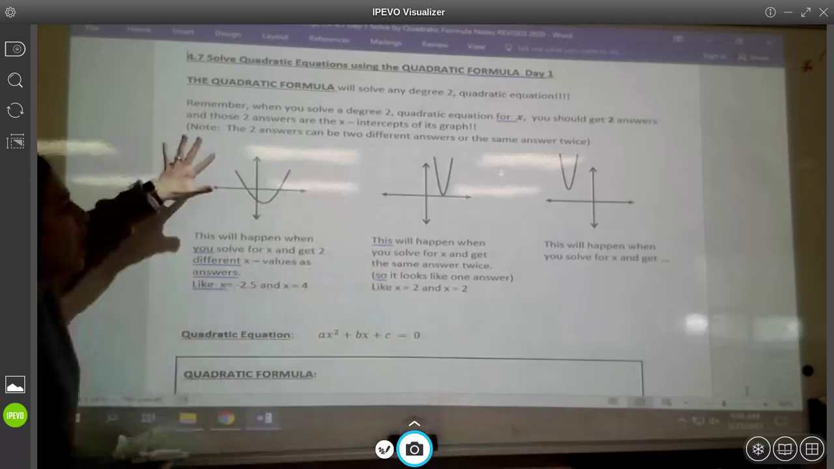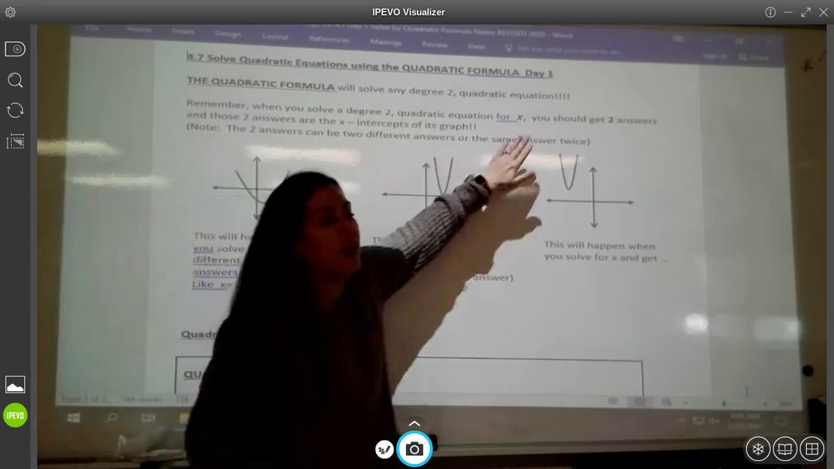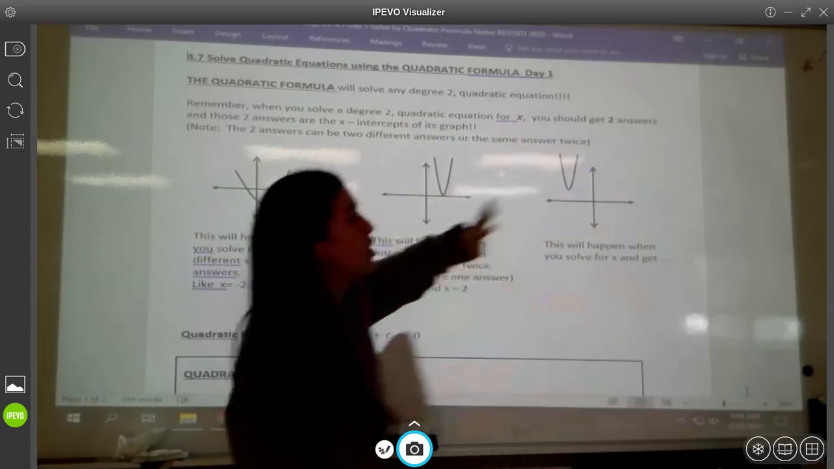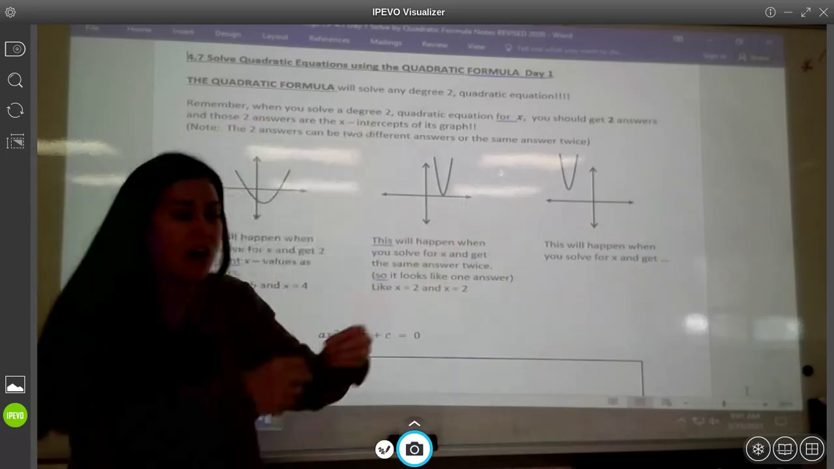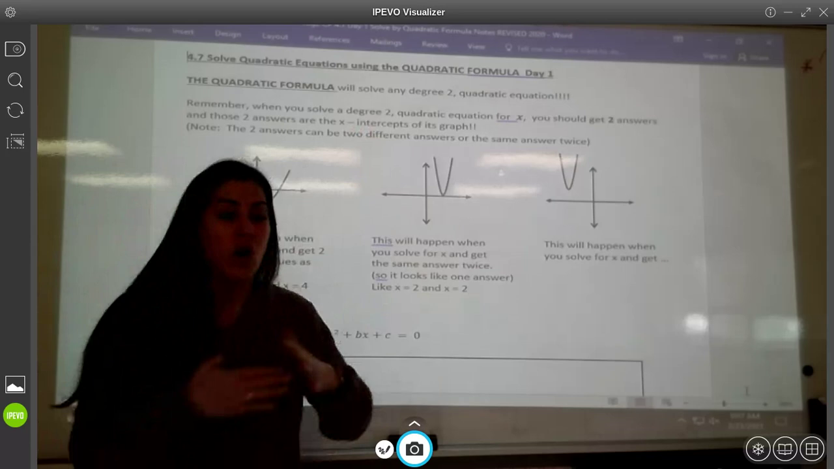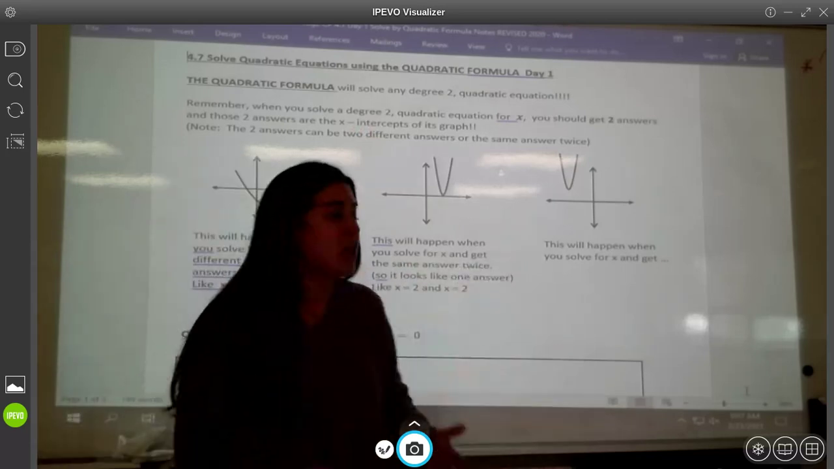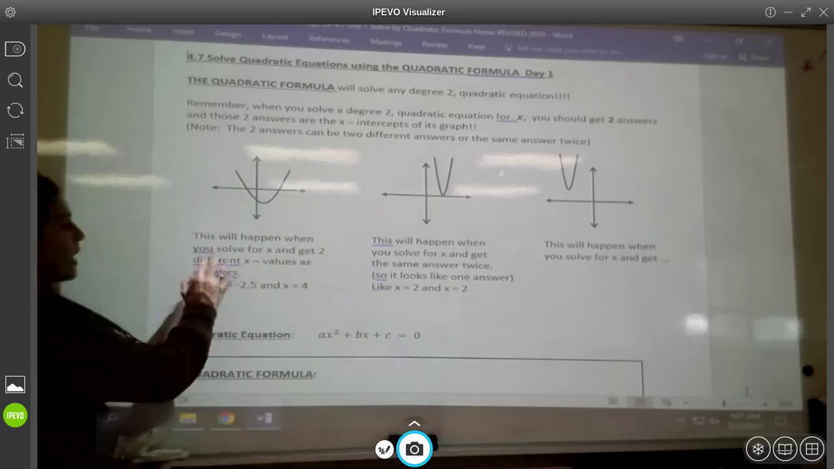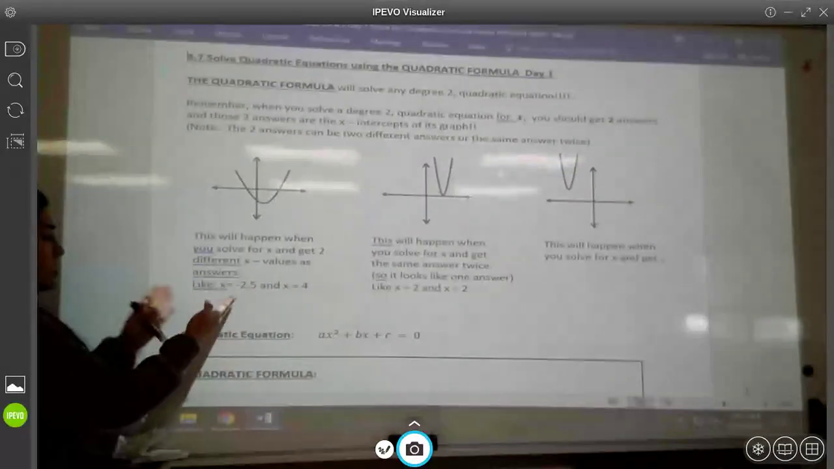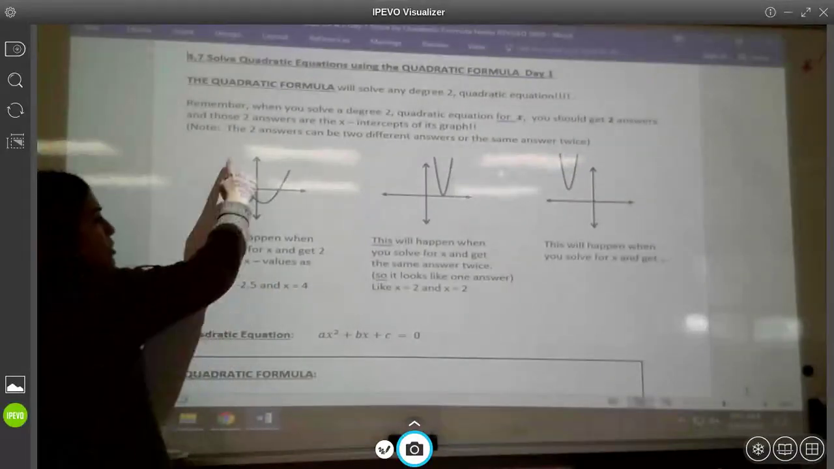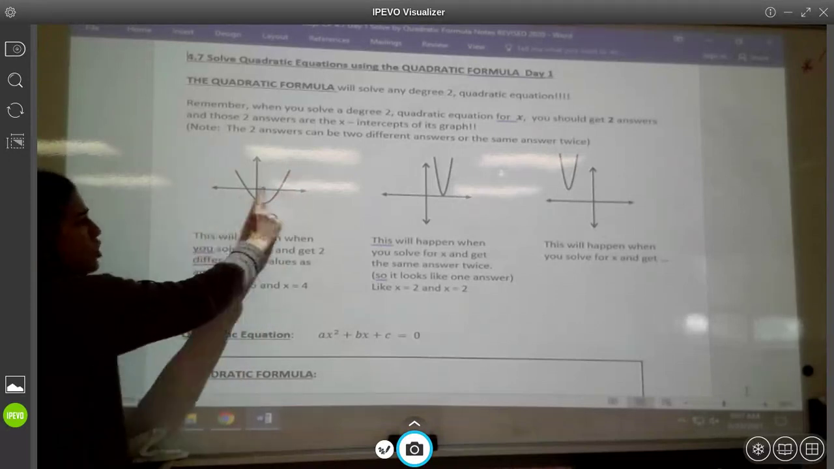All right, I just want you guys to remember a few things. When you solve a degree 2 quadratic equation for x, you should get 2 answers. And those 2 answers are going to be the x-intercepts of its graph. That's what we're solving for. We're trying to figure out where these parabolas cross over the x-axis. Well, guys, a couple things can happen. When you solve a quadratic equation and you get 2 different answers for x, like negative 2.5 and 4, then you know it's a parabola that could look something like this, where it crosses the x-axis at 2 completely different